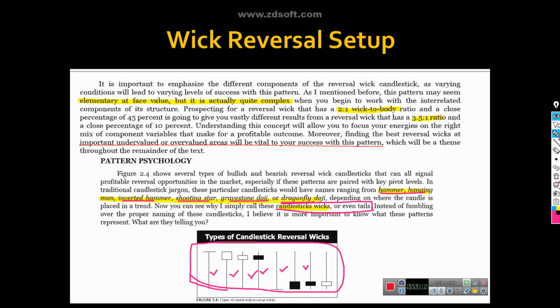Even today on Bank Nifty, that is 14th July, a gravestone doji has formed in Bank Nifty at a supply zone. This candlestick formed at the supply zone, and I alerted the members in the Telegram group that bulls have to be careful at this location. If you see this candlestick at a particular resistance area, you should close your long positions and initiate short positions. That is what I told in the Telegram group.